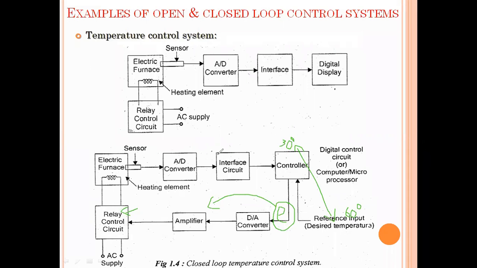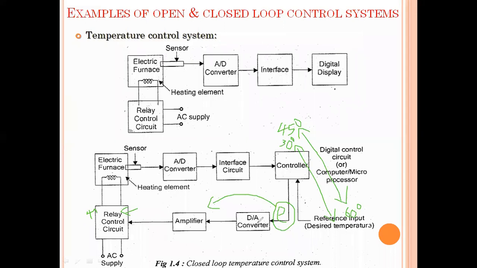Now, after some time, it will check the temperature. It will operate for more time because the difference is more. So the error signal is more. So the relay will operate for more time, and hence here we will get the temperature rise, which is 45 degrees. Now for the next moment we got 45 degrees, but still we have some difference because we need 60. Still an error will be produced and given as feedback to this relay, and this relay will increase its time again in order to achieve 60 degrees.